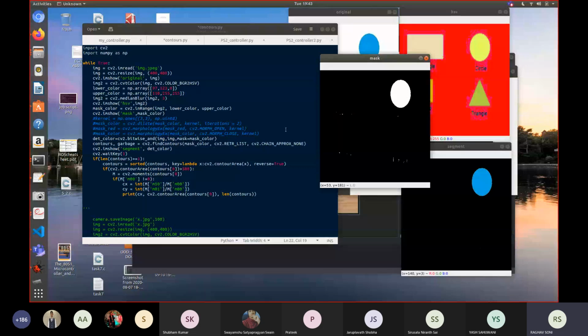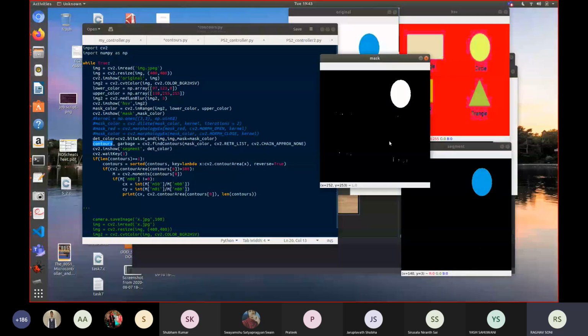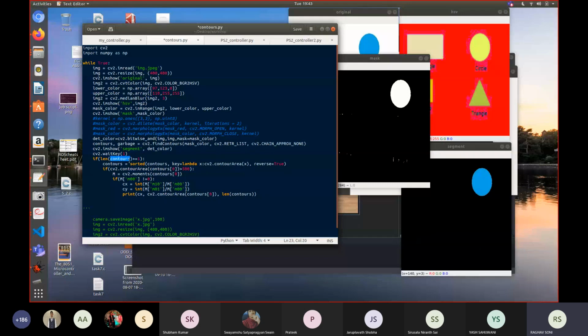So if the length of contours comes out to be 17, then the contours variable has 17 sublists inside it. I check this with this code: length of contours should be bigger than or equal to 1. That means at least one contour has been detected in my image.